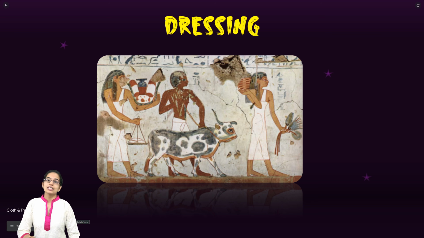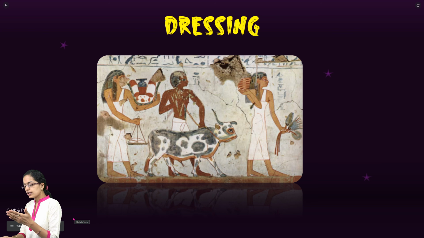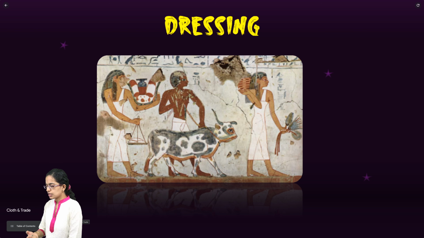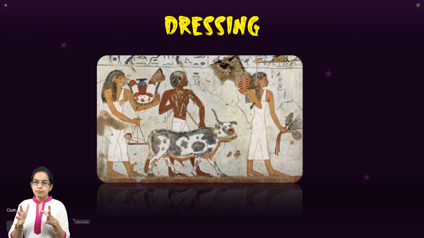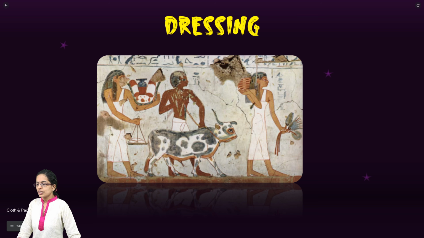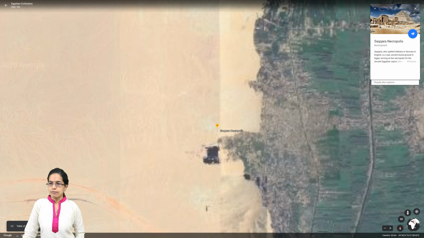Then along with dressing, trade. Cloth and cotton were two commodities that were mainly meant for export. Besides that, you had jewelry and furniture that were also seen. When it comes to import, gold was one of the major imports. Ivory, copper, and precious gems were also imports. These imports led to the establishment of numerous goldsmiths within the town. So trade definitely existed with both the Indus Valley and the Mesopotamian civilization.